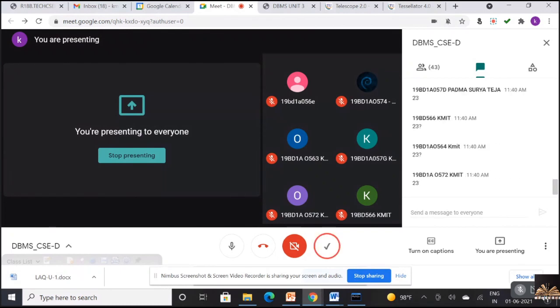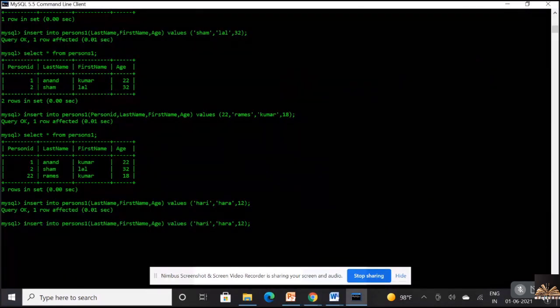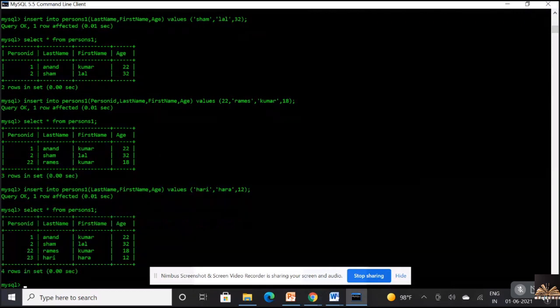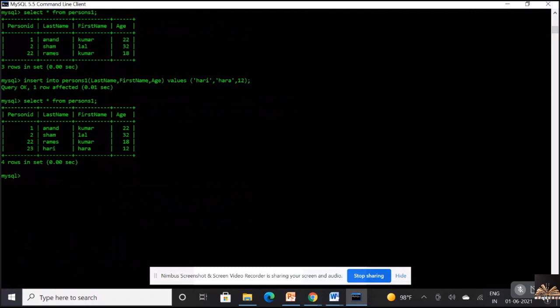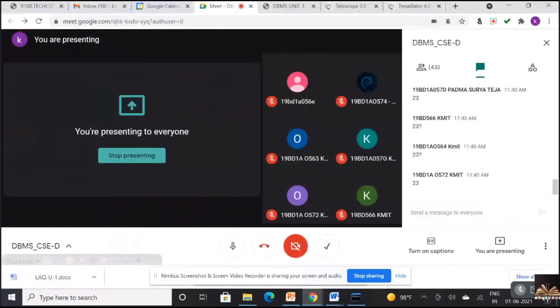23. Okay. Now try to understand this. I'm using the select statement. What is the new value of person ID? All of you can see this. The answer is 23 because I've clearly told you, every time you insert a new record into a table, it would increment the value of that particular field by 1.